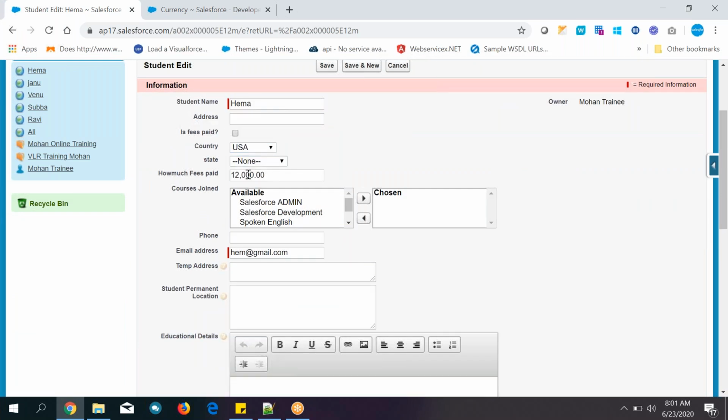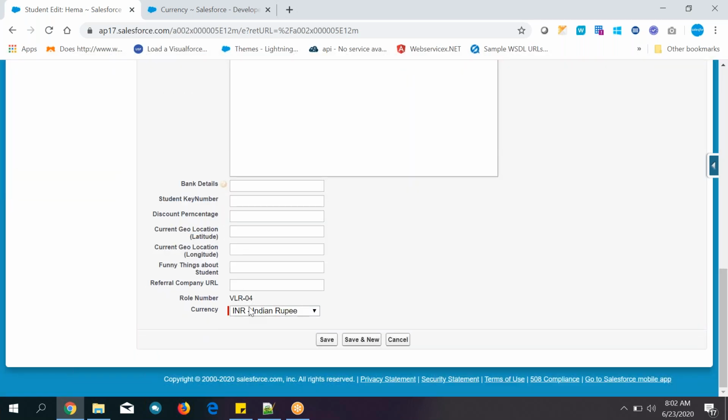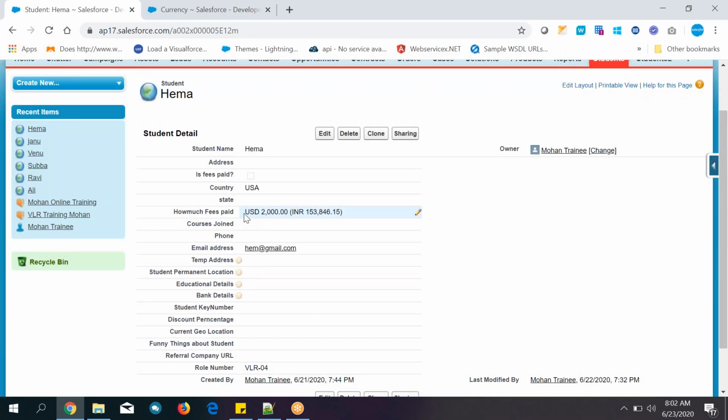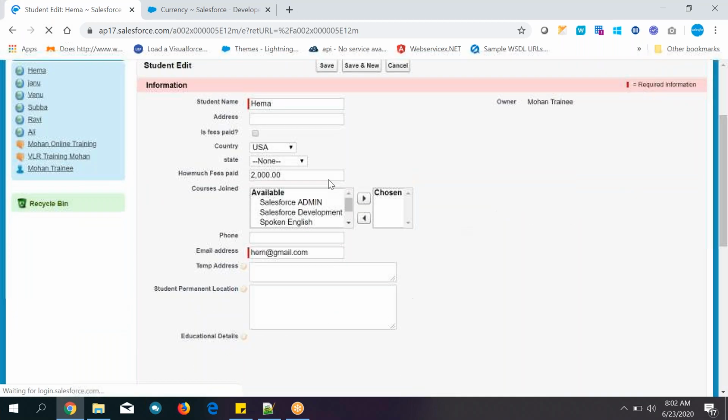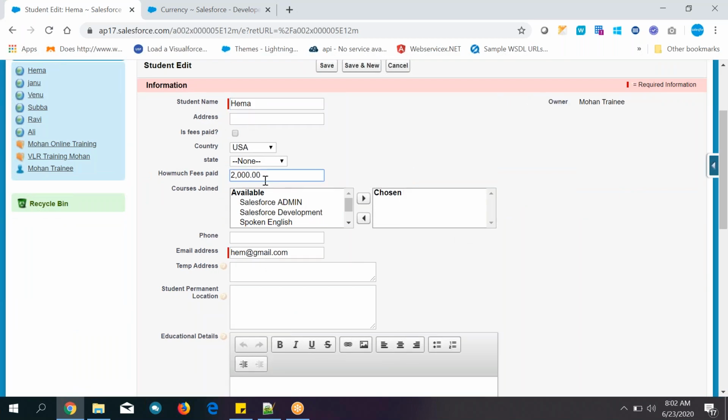Hema is located in USA and she paid 2,000 US dollars. How could we know? The USA receptionists who are working in this company, Vivekananda Institute, enter these details, country and how much fees paid. She could select US dollars and save it. Now see here, 2,000 US dollars is equal to 1,53,000. This is not the course fees, so I think 200 US dollars is right.